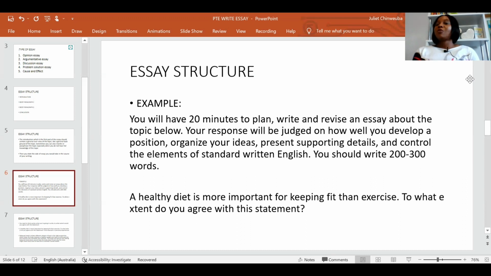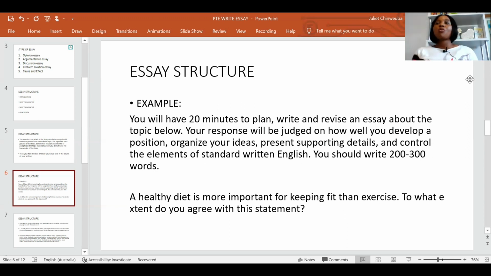A healthy diet is more important for keeping fit than exercise. So the question is, to what extent do you agree with this statement? They're asking your opinion, like in this kind of discussion essay. What is your take? Do you think a healthy meal is more important for keeping fit than exercise? That's a simple question. So here, either you're going to rewrite this topic sentence or paraphrase it,